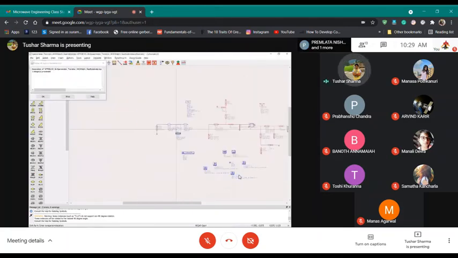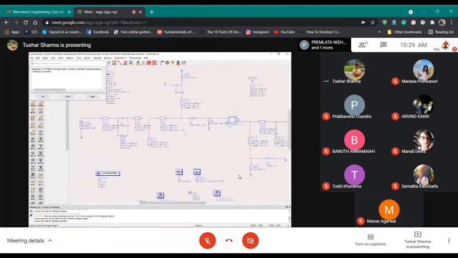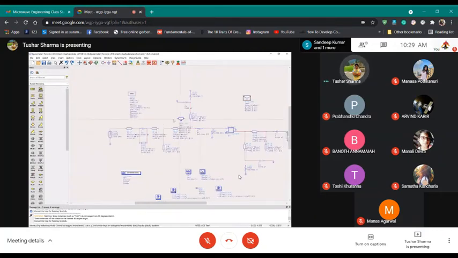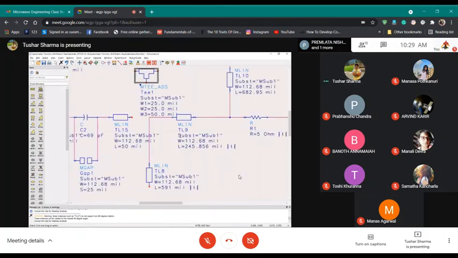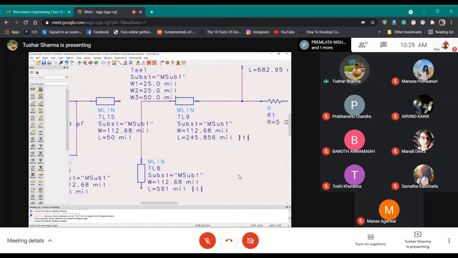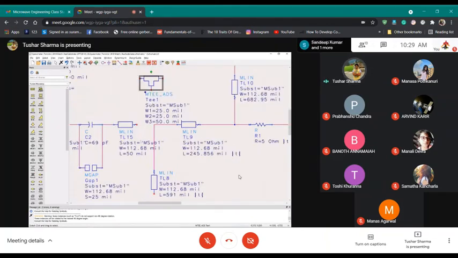So once you are done, let's go back. Let's create everything together. So now, also what you have to do is you have to place T junctions. What happens is when you are generating layout now, so let's do width equal to this first. So width 1, 2, 3, 1, 2, 3.